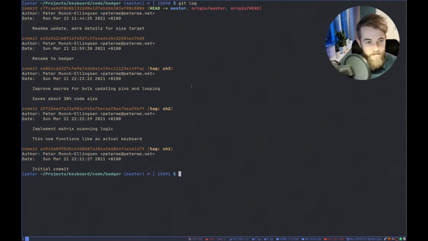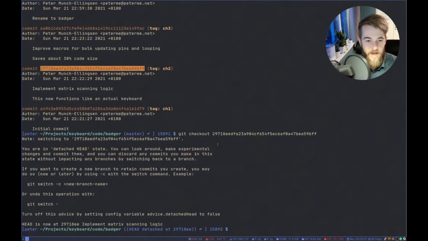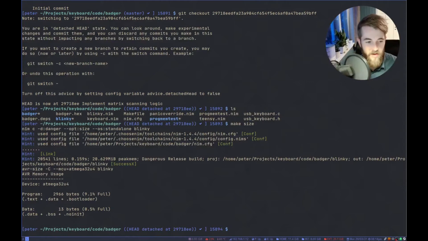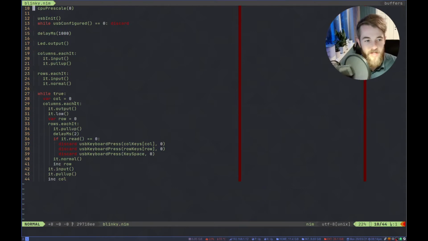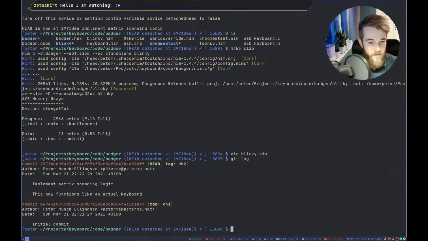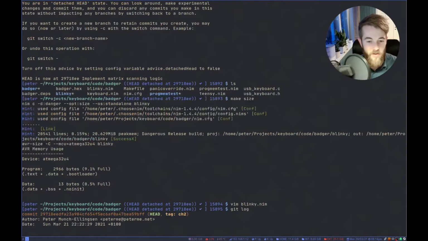If you look at what we had after chapter 2, the second episode I did, we were using a lot of program memory because we were using this each it macro that just expanded, basically unrolled this loop at compile time, which creates a lot of code. And then for the third episode,